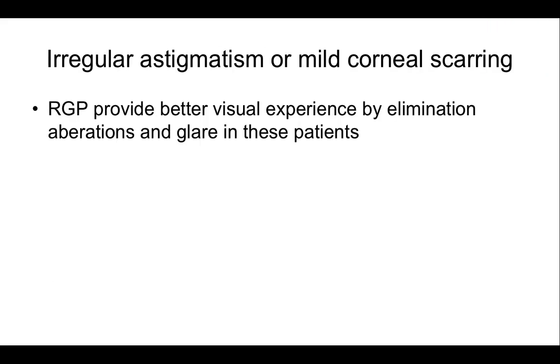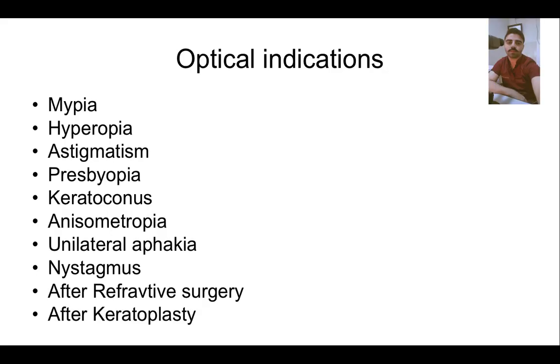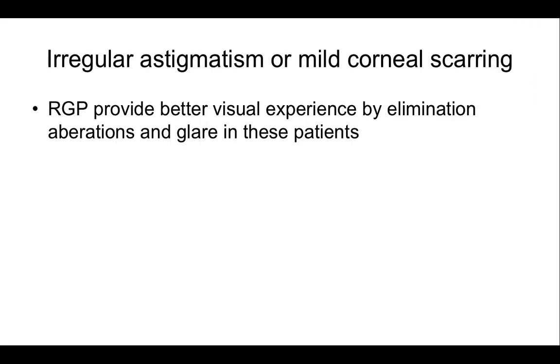So next is irregular astigmatism. We still have 3-4 indications remaining, which we are going to discuss in coming slides. So we have another indication which comes under the optical indication, that is irregular astigmatism or mild corneal scarring. This is once again related with an ectatic corneal condition, and you will see